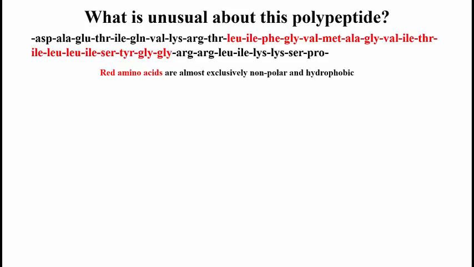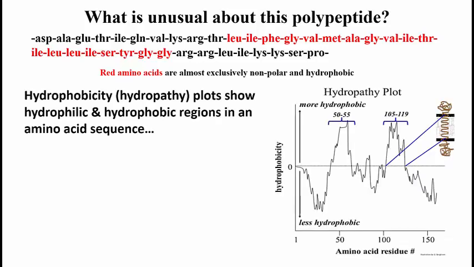What we've just done can be done by a computer, which will then generate what's called a hydrophobicity plot, sometimes also called a hydropathy plot, which will show the hydrophilic and hydrophobic regions in a polypeptide in a display such as the one you see here. The highlighted regions of a real polypeptide are all in the region of the y-axis that is considered more hydrophobic. So we have a scale on the y-axis of less to more hydrophobic, and you can see the very hydrophobic